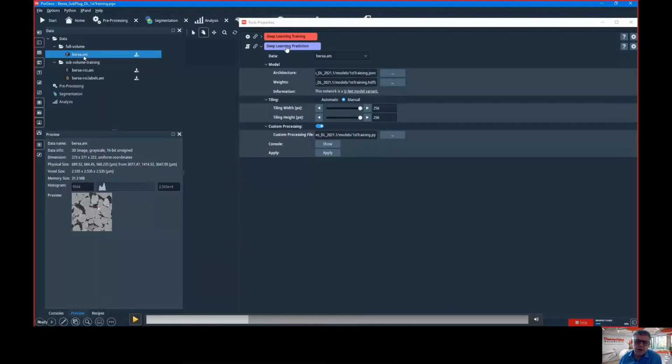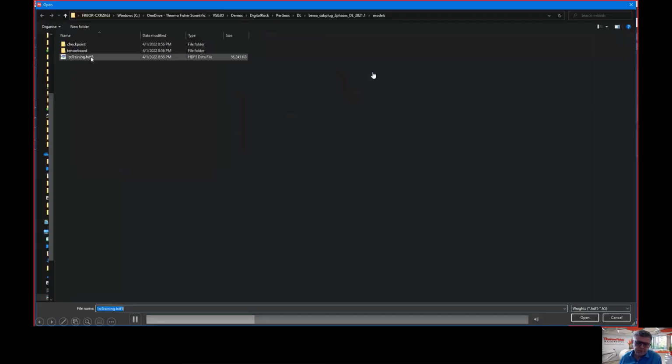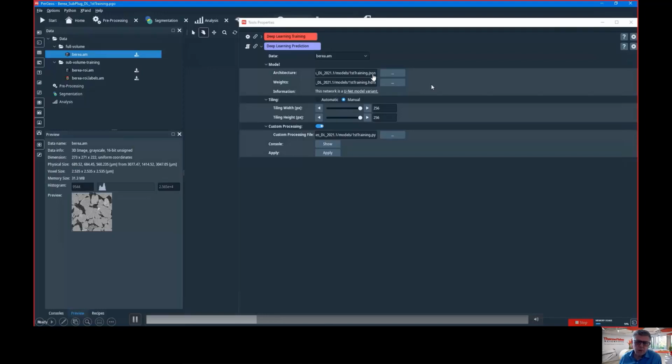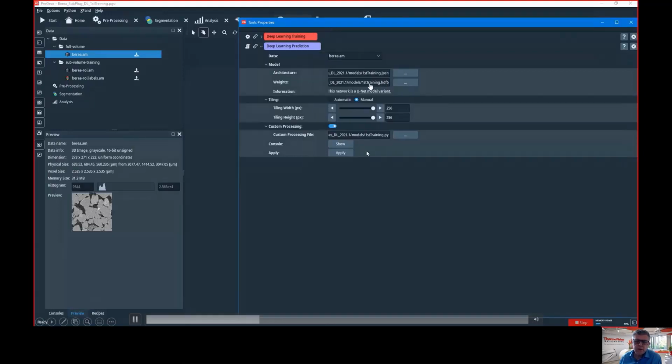So you instantiate another module called prediction. You give the input, the grayscale, you give the model that has been saved on disk, and then you push apply. You have to explain where the network, the weights of the network, etc. are. So sorry, the model, not the network. You push apply,